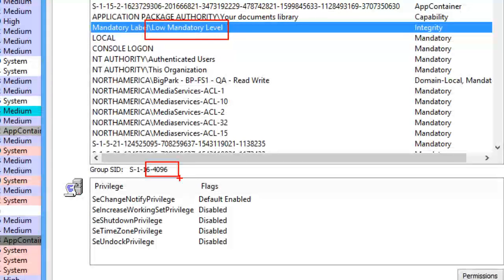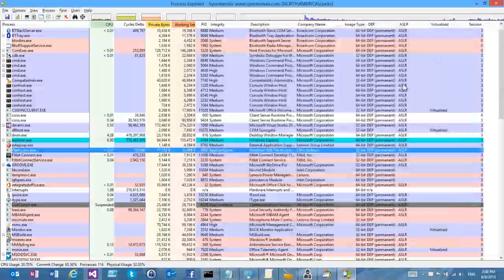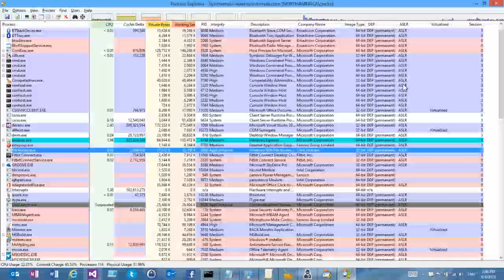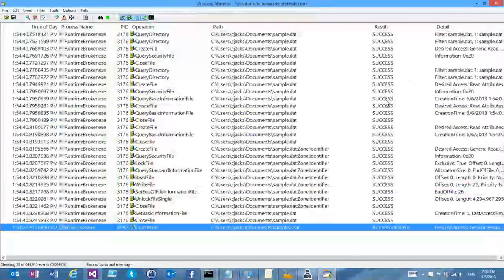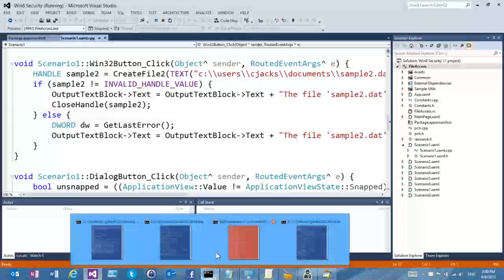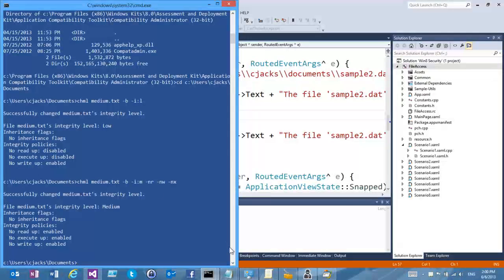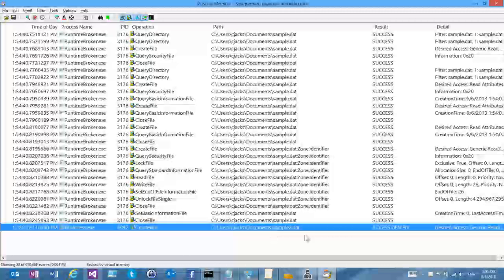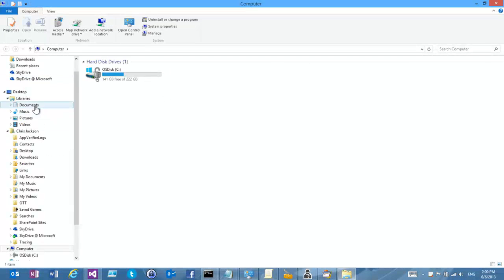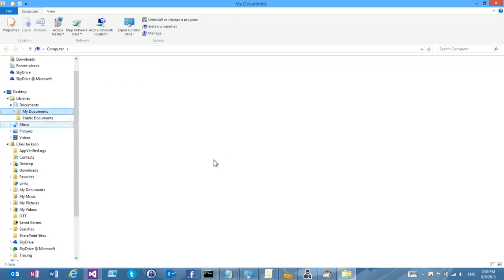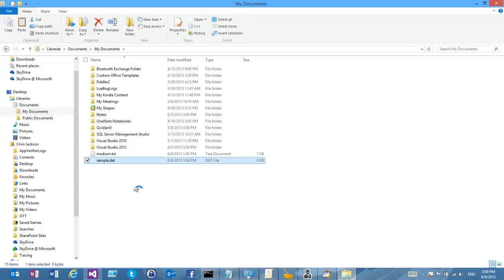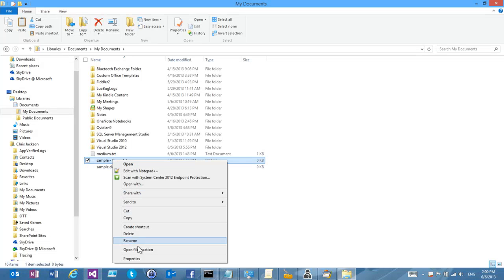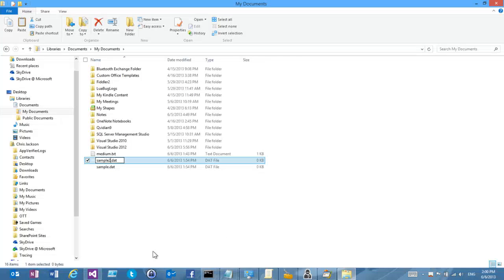Same one. So I'm going to be blocked from writing to my documents because the default permissions I need are medium if I want to write there. So I historically would have been able to go in and say, all right, I'm going to create this thing, called sample2.dat. Let me go ahead and make one, so there already exists one. I'll go into my documents, and here's this sample.dat. Let me copy and paste it and rename this one sample2.dat. And then go back into the command line.